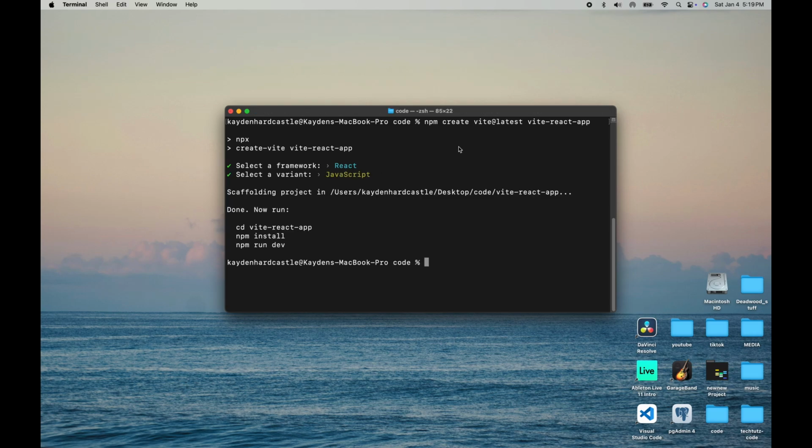Okay, so it said it's done, happens very quickly. That's another thing you'll notice right off the bat with Vite compared to Create React App, is that it's a lot faster, a lot less compilation, a lot less building. It's just quicker. So we're going to go ahead and jump into the app like it says, cd vite-react-app,